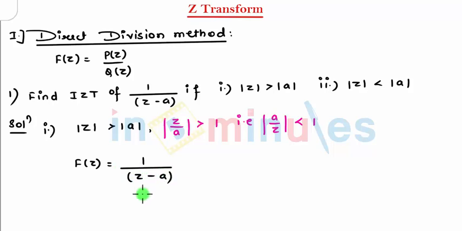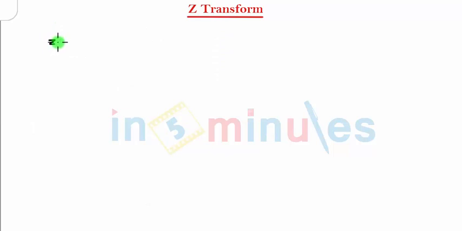So let's do a division of this. Now I have the denominator, that is z minus a. I need to divide 1 by it. To get 1, obviously I need to multiply by 1 by z. So z into 1 by z gives me 1. And next, minus a into this gives me minus a by z. So when I do the subtraction, I get a by z.